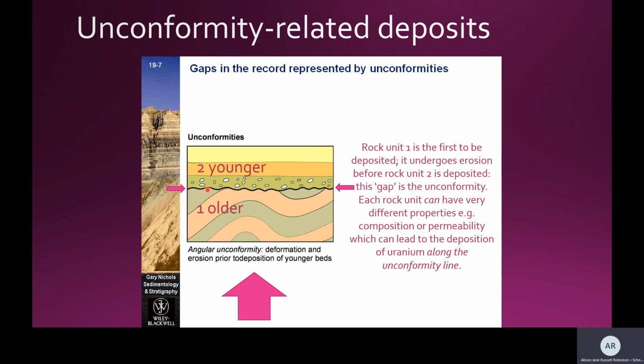So once that's happened, you have another change in geological deposition, and rock number 2 is brought in as sediment and then changed into a solid rock. So the unconformity actually represents that period of erosion. It isn't a thing, it's actually a concept. What it actually is, is that tiny, almost ephemeral gap between rock unit number 1 and rock